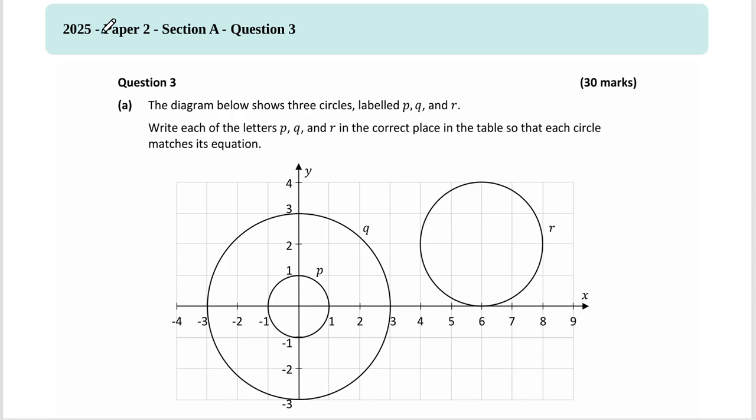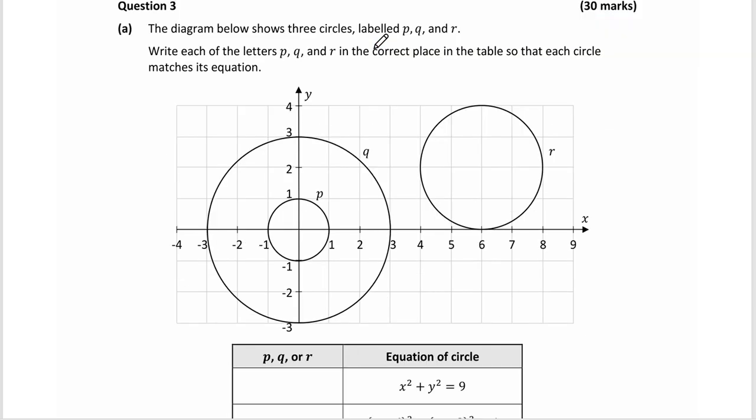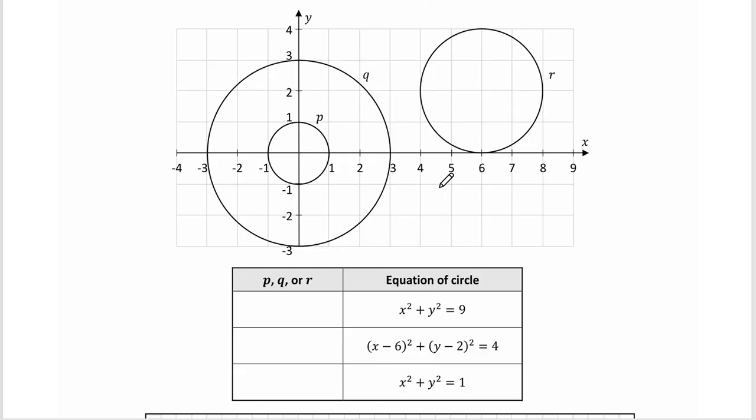Circle question 2025, paper 2, section A, question 3. The diagram below shows 3 circles labelled P, Q and R. Write each of the letters P, Q and R in the correct place in the table so that each circle matches its equation. Well, I told you many times in class that any circle with centre 0, 0 and